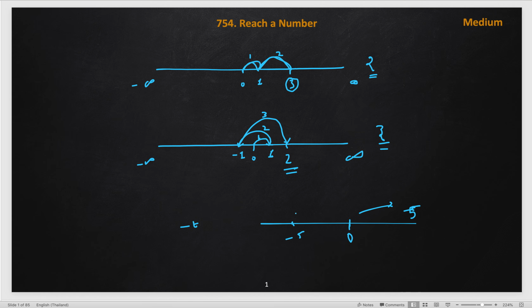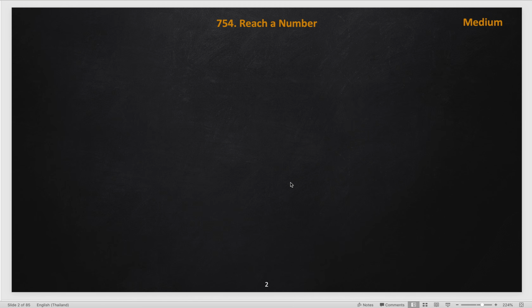Now how will we solve it? First, come up with the brute force idea: just try to formulate whatever the problem is saying. We have to find the minimum number of steps. We start from the source, 0, and the number of steps we took so far is 0, and we have to reach the destination target.